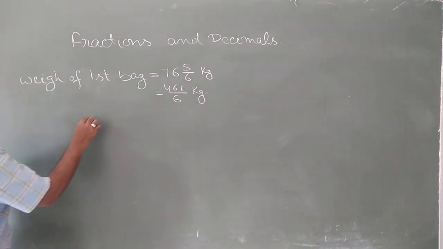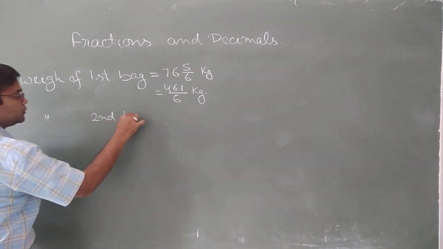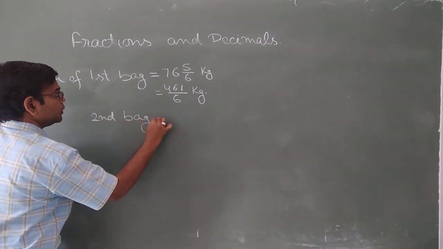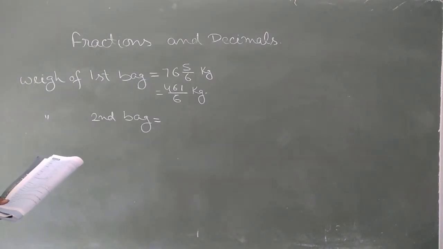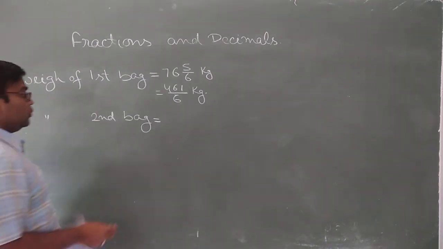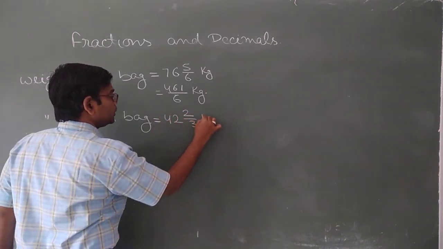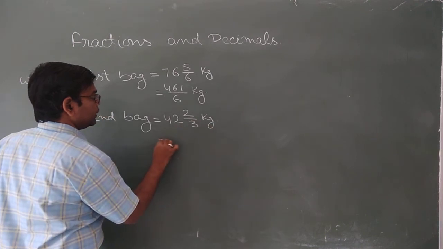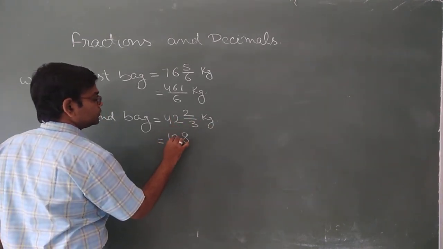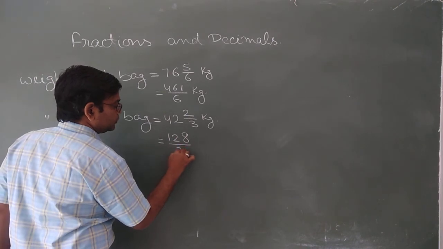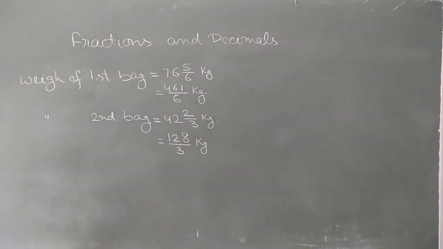Then the weight of the second bag equals 42 whole 2 upon 3 kilogram. We can write 3 times 42 is 126, plus 2 is 128, so 128 upon 3 kilogram. Hope this one is clear to you. Now the total